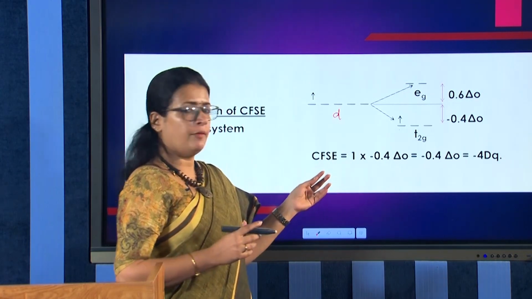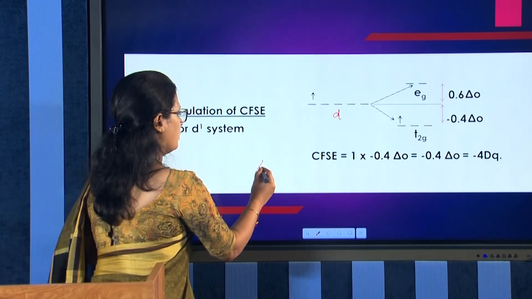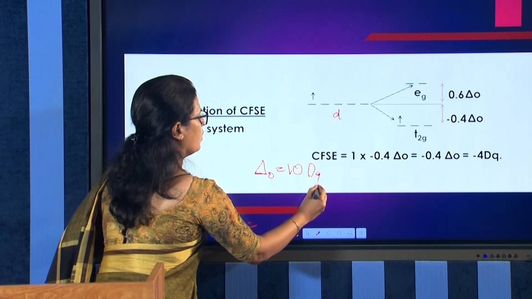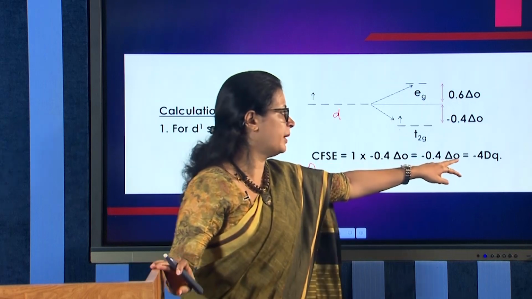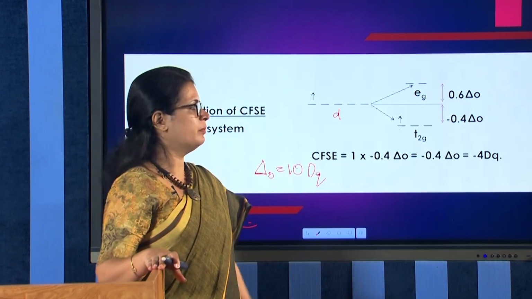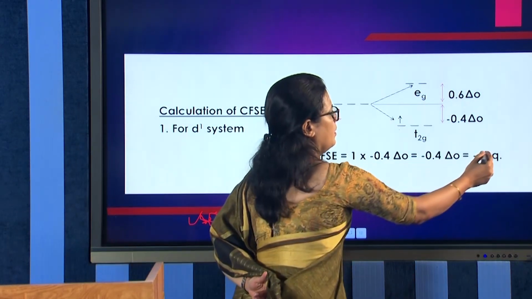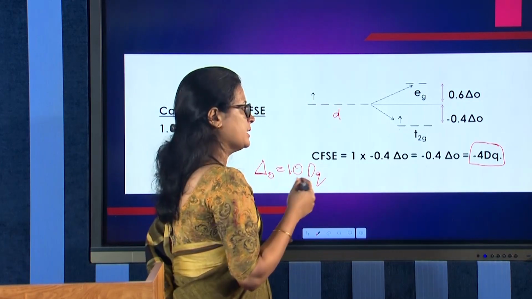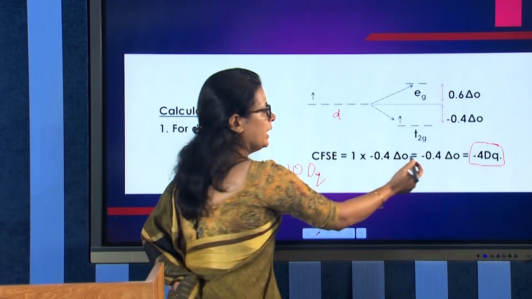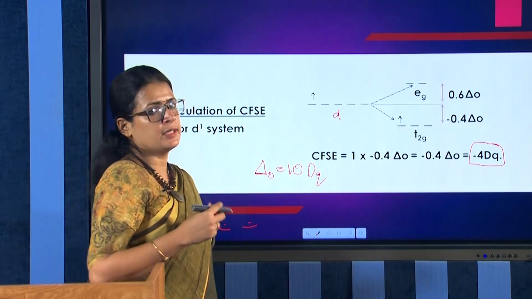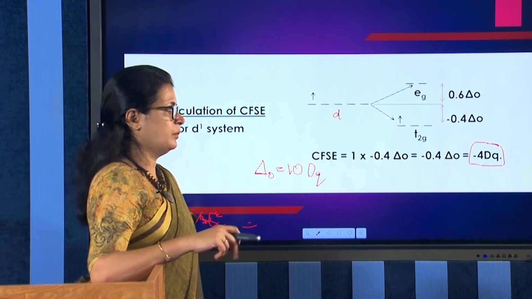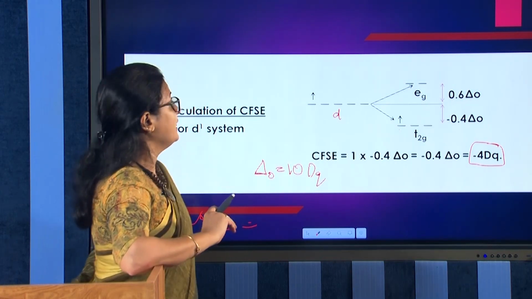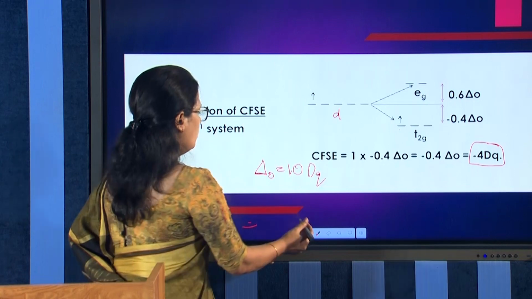And I have already taught that delta O equal to 10 dq. Delta O equal to 10 dq means I will give minus 4 dq. In terms of dq, you can write it as minus 4 dq. In terms of delta O, you can write as minus 0.4 delta O. Okay. So, that is all about the D1 system. And now, moving to the